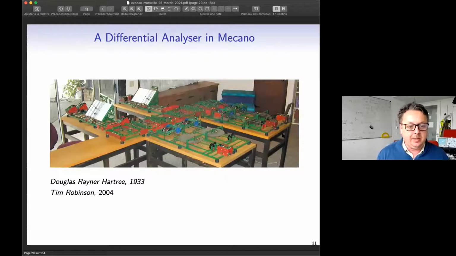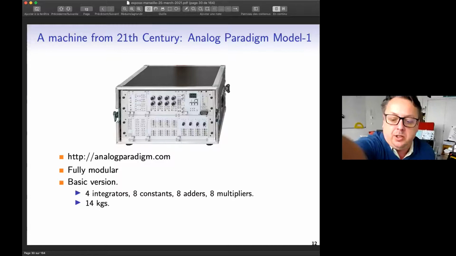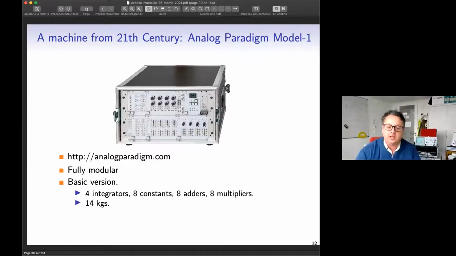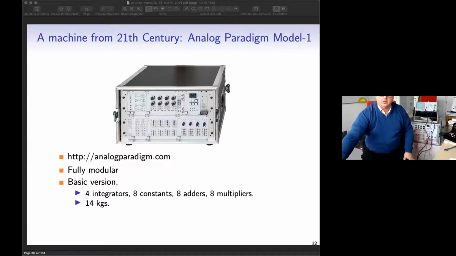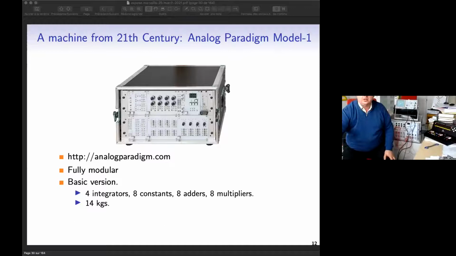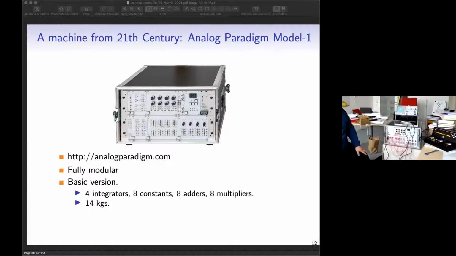And here you have one made in Meccano, so there is a very long story. In case you want to try a differential analyzer, you can still buy one. I do have one in my office, and actually one is working while I'm talking here. So if the god of webcam wants to show you on my video, you see a differential analyzer working in my office,